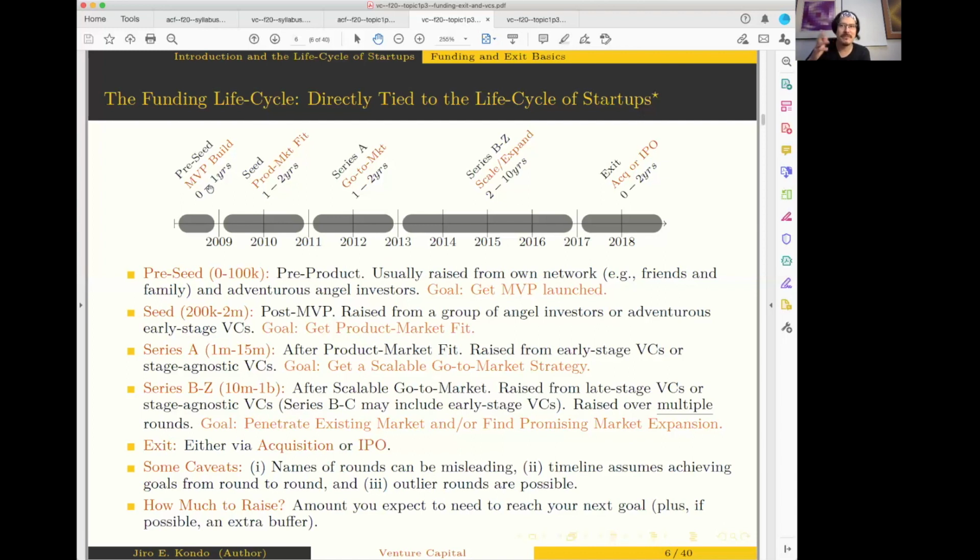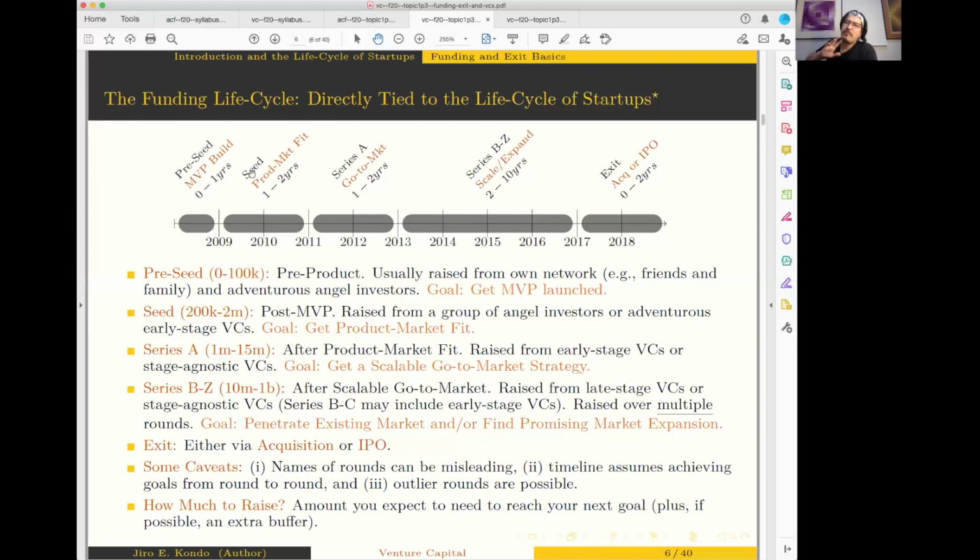But for some startups, they actually don't need to raise money before they launch an MVP. If you're able to launch an MVP without raising money, good for you. Do that. It'll save you equity, and it'll teach you to be lean as well. So not every startup raises a pre-seed. The ones that need the money to build the MVP raise a pre-seed. Now, after that, or for some companies that built the MVP on their own, potentially their first funding round is a seed round.